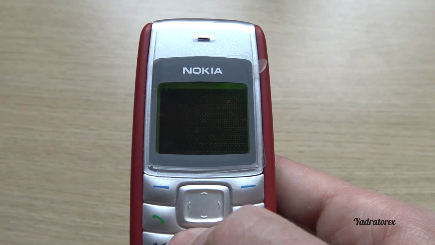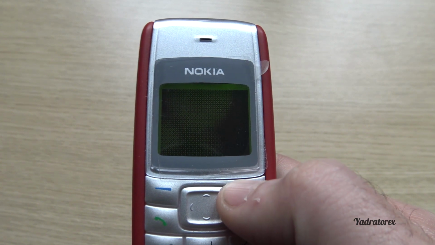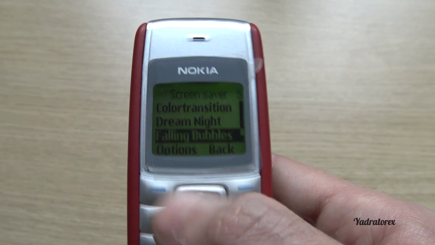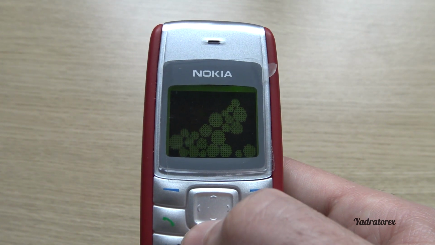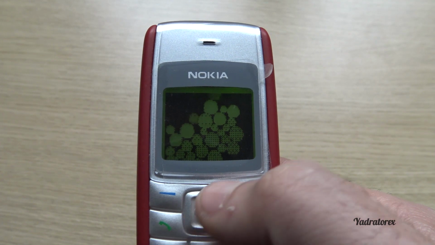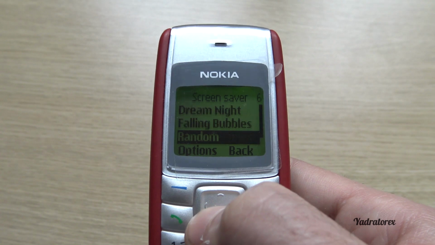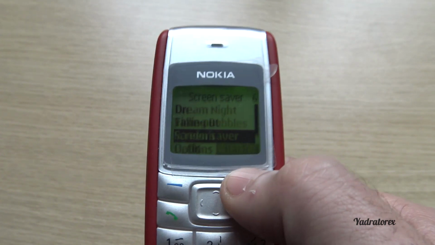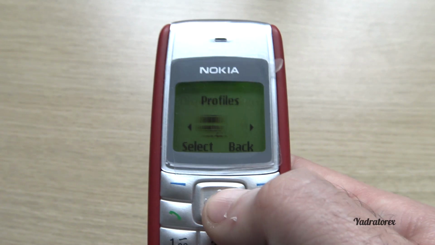Some fireworks or like fireworks. And random screensaver. Nothing much.